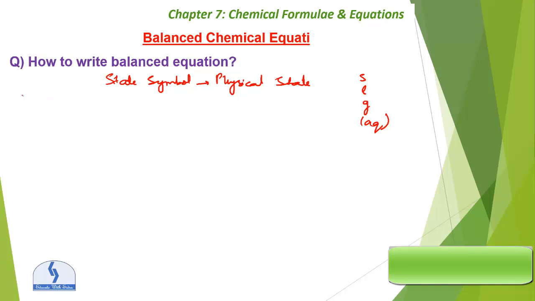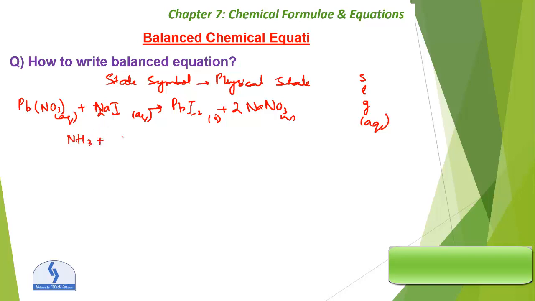So lead nitrate Pb(NO3)2 plus sodium iodide, it will become PbI2 plus NaNO3, that is sodium nitrate. So sodium iodide is an aqueous solution, lead nitrate again aqueous solution, PbI2, this is solid, and what about NaNO3? This is again aqueous, right? And you have to balance here, to put over here and to put over here. So this is balanced, right?